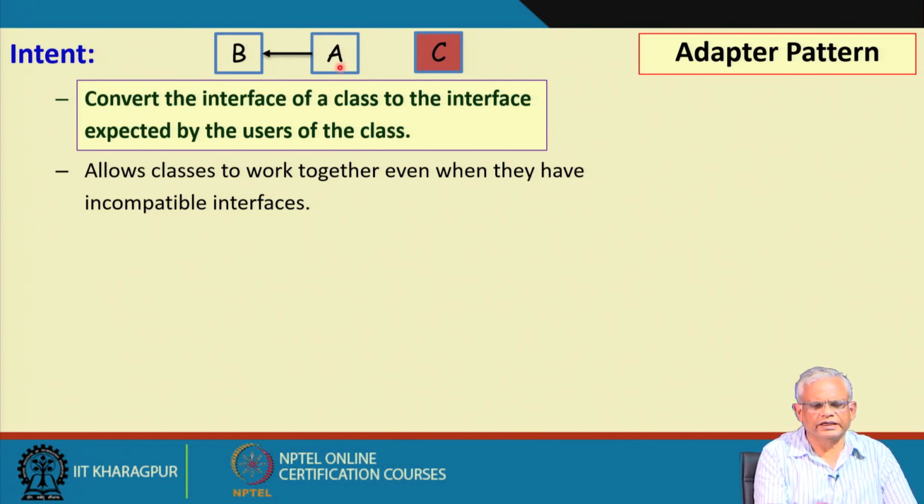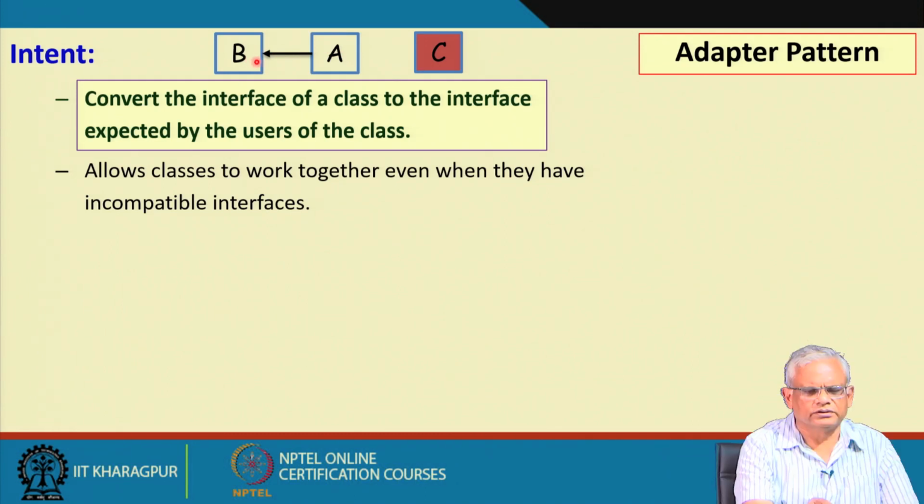Let us say we had a class A which was invoking the services of class B. Now, the class B had some methods, let us say P, Q, R, etc. So, A used to invoke services of B by calling the methods P, Q, R. But then